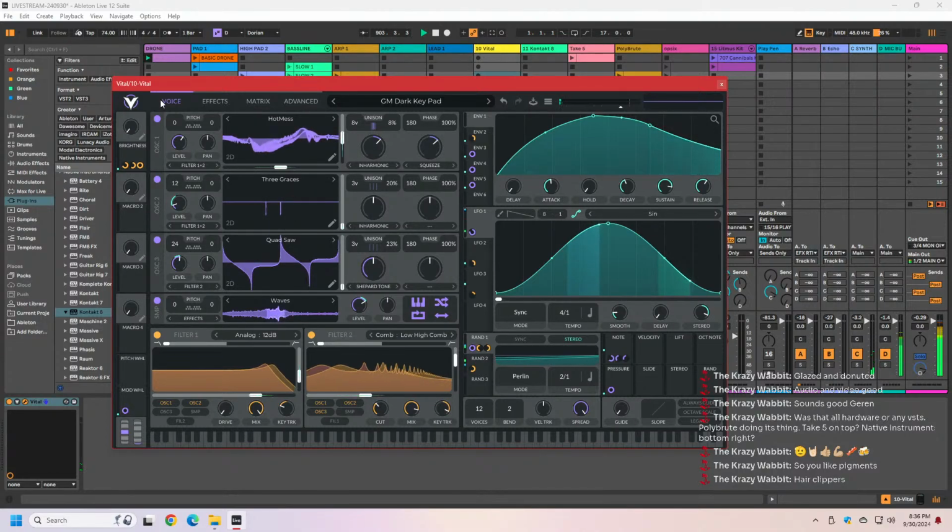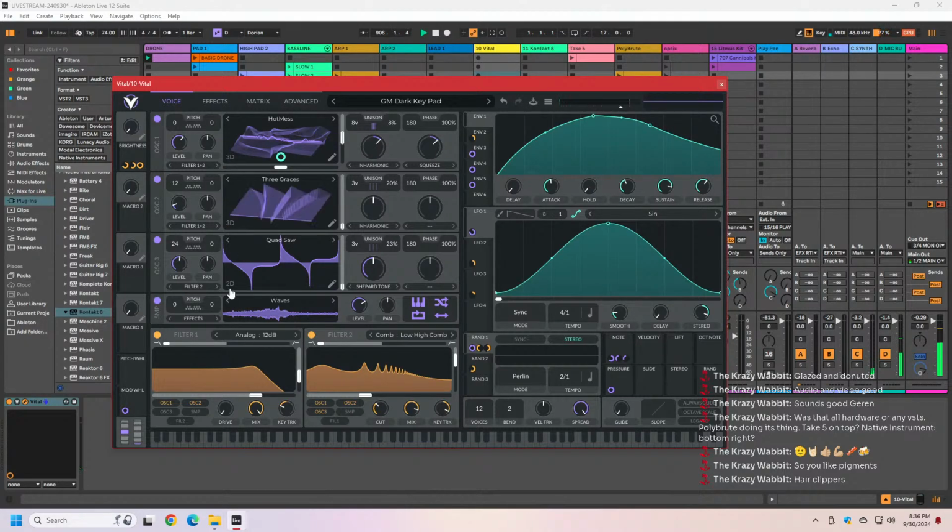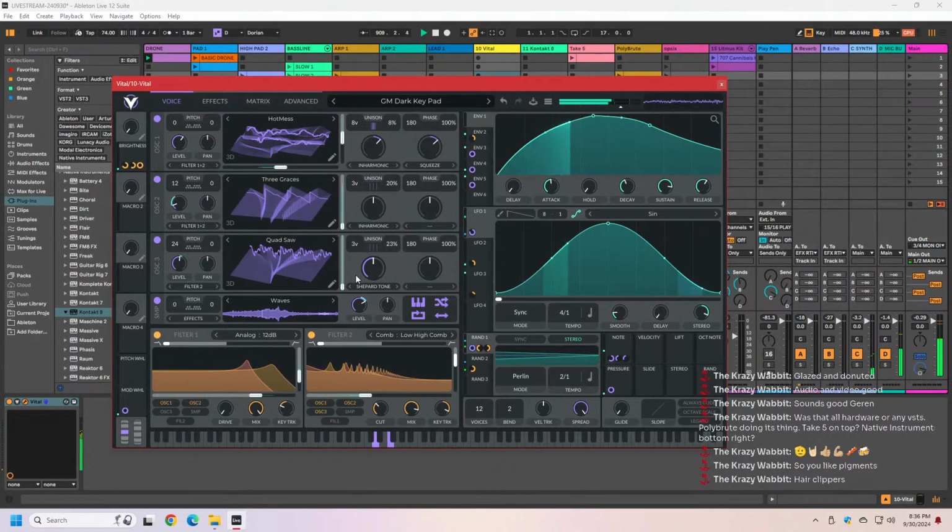So here you can see I've got 3 different wavetables loaded up. We can put them in 3D so you can get an idea of how these wave shapes change throughout these tables. And I've got all kinds of automation to move things around with them. So as I play them,